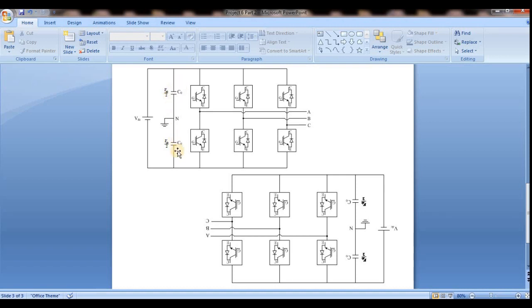And here the two capacitors are connected in series, and this is the midpoint. VDC by 2 will be charged here and VDC by 2 will be charged here. So whenever I get the phase voltages, I can get output as VDC by 2 positive and VDC by 2 negative. Whenever I get the line voltages, it is root 3 times or stepwise. Root 3 or root 2 will come in pure sinusoidal, but it is a square wave type inverter I am presenting. I am not considering any PWM cases. In my next videos, I will present the PWM pulses for the inverter and closed loop control of the inverter.